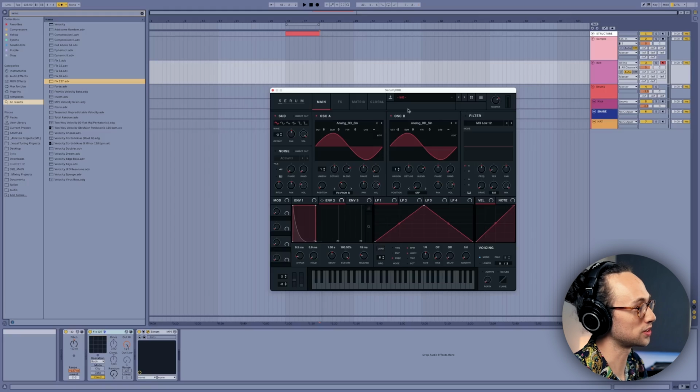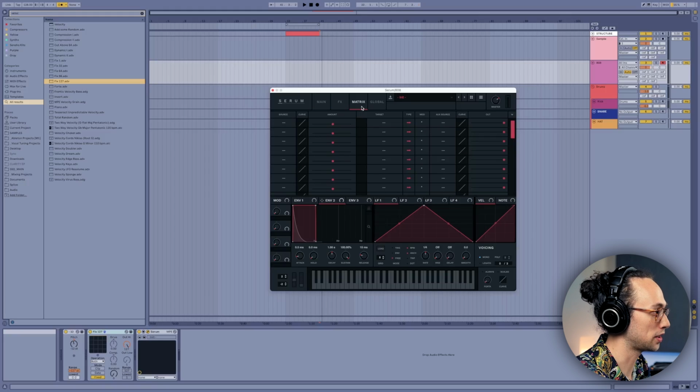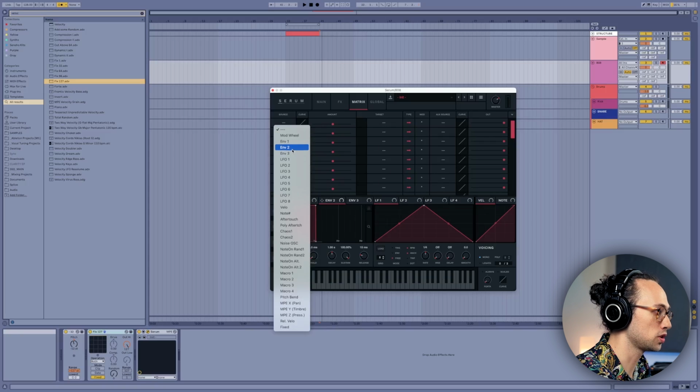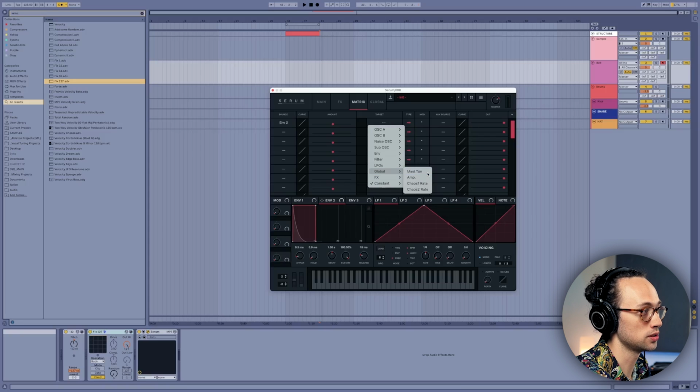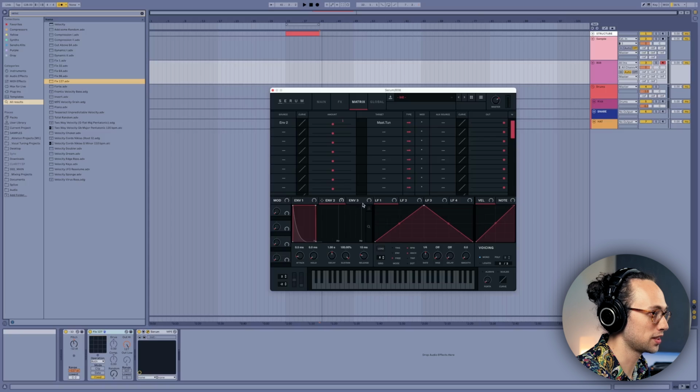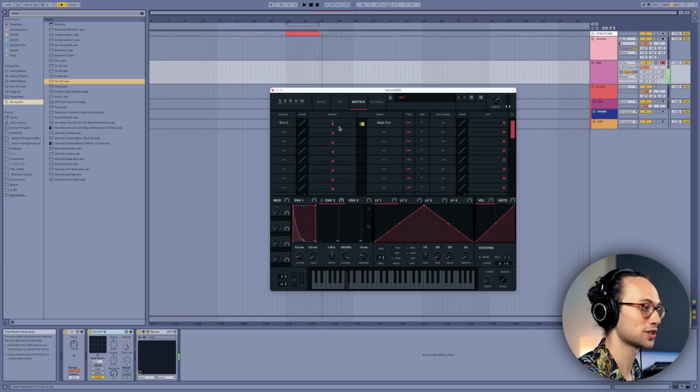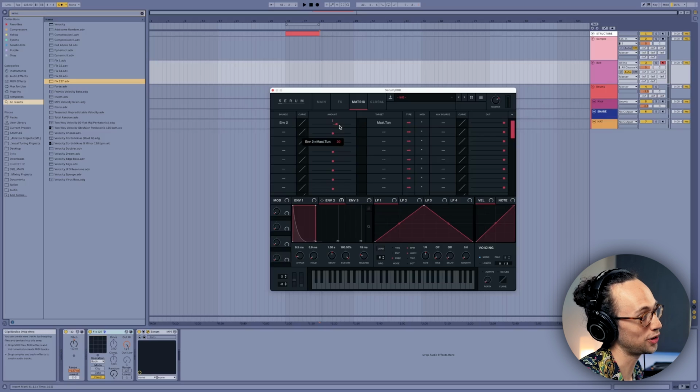One thing that you'll notice about modern 808 sounds is that they have an envelope applied to the master tuning of the whole sound. So it'll go sharp and then it'll sort of rest down at its fundamental frequency. In order for us to do something similar to that, let's head up to the Matrix tab and we can start to affect the master tuning. So if you set the source to be envelope 2, which we'll use as our envelope to affect the master tuning, and then set the target here in this column, you go to global and then master tune. Now we have envelope 2 affecting our tuning here. Now it's not doing anything at the moment because we need to increase this amount here. So when I do that,